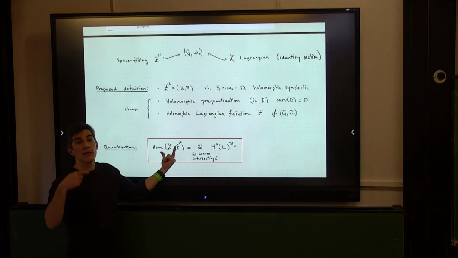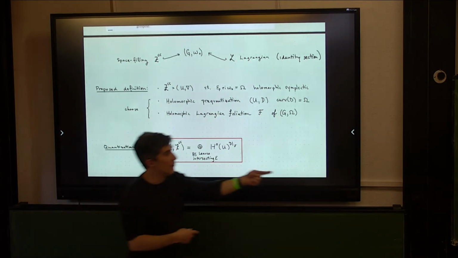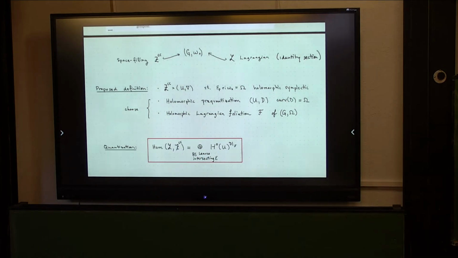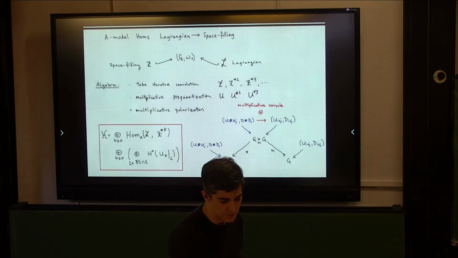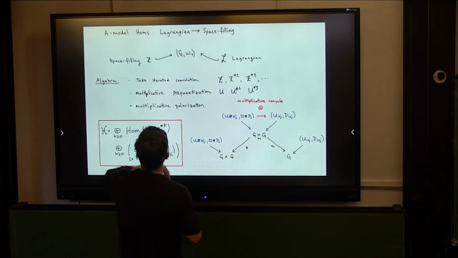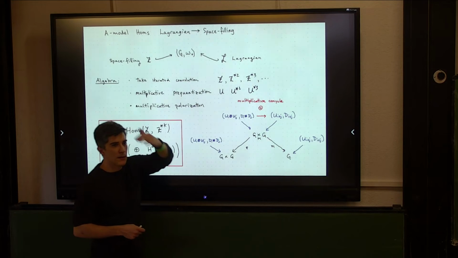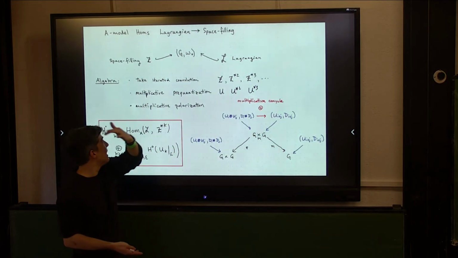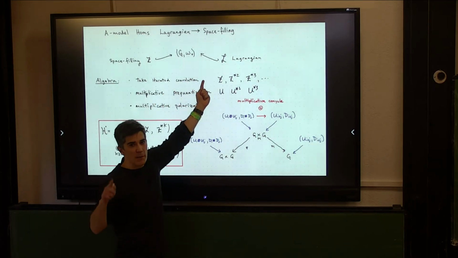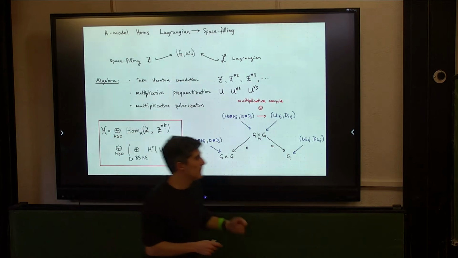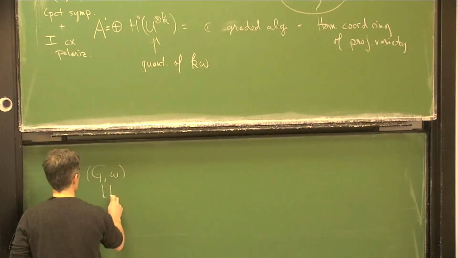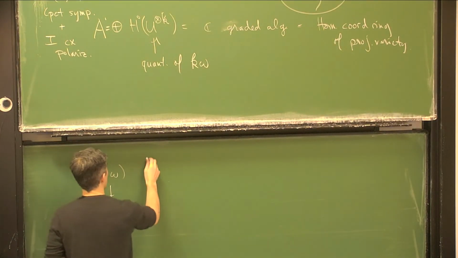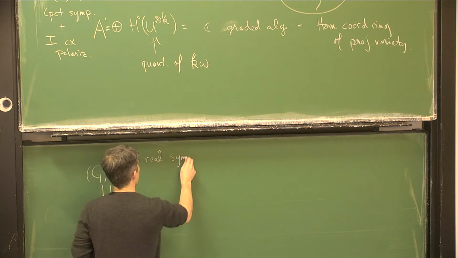Okay, so that's the end of that discussion. But now what we want to do is this type of iteration. We want to take powers of this thing and get an algebra. So let me explain how that is done. So, the nice thing about our case, and this is something that doesn't appear in Gukov-Witten, is that the symplectic manifold of the imaginary part is actually a symplectic groupoid. And when you have a real symplectic groupoid,